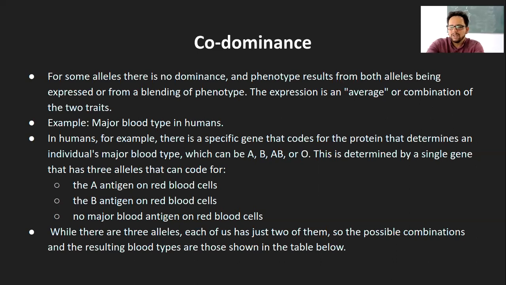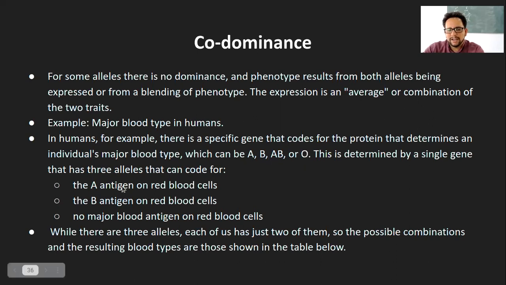So that is what is codominance, and this is something very well explained in terms of our blood groups. So we know we have blood groups called A, B, AB, and O. These are the four major blood groups. Forget about the Rh positive and Rh negative for the time being. But these are the four blood groups that we have.